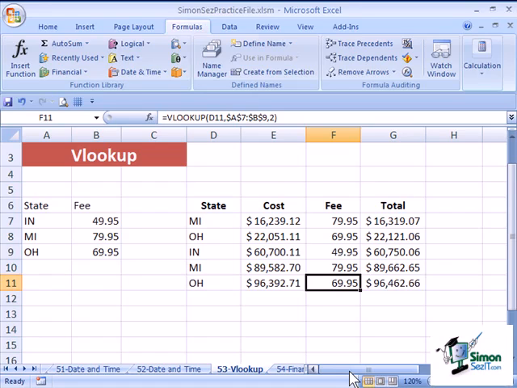Now I want to really encourage you to look at the help file on VLookup. I encourage you to go online, or if you have a good resource book, look at other examples, and you will be amazed at what you can do with VLookup, HLookup, and the other lookup functions. But I can tell you now,